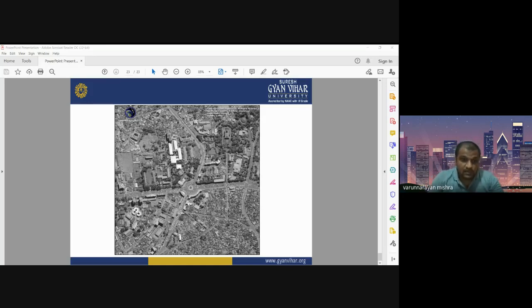Subset the study area, because it is not possible to process a very large urban area if you do not have supercomputers, high performing computers, because high resolution satellite images require good performing computers.